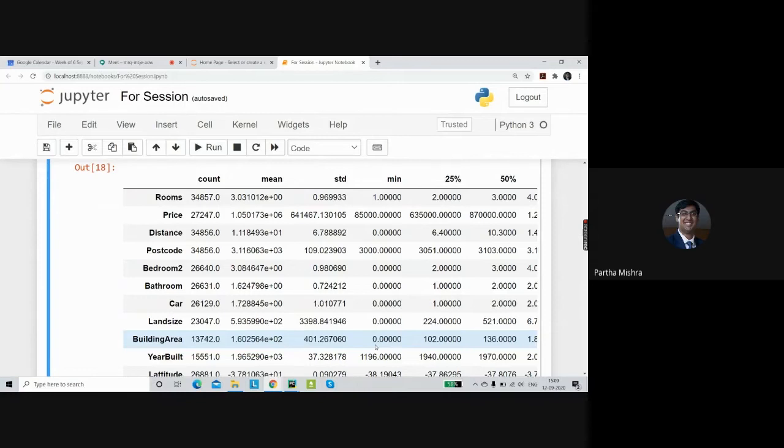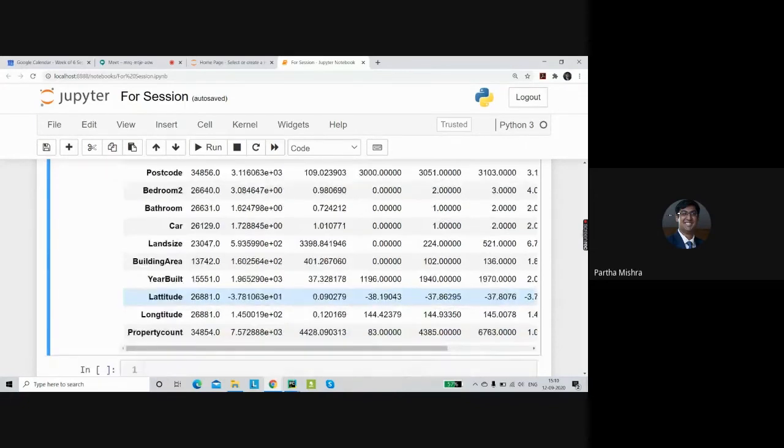actually one condition wherein while constructing the house, the area of the house is constructed in such a way that the walls of the house are actually overlapping with the exact boundary condition. So that is called a zero lot house. Okay, so that is the reason land size has been given a minimum value of 0. But this building area of 0 has become an outlier. We need to get rid of these particular entries because building area can never be 0.